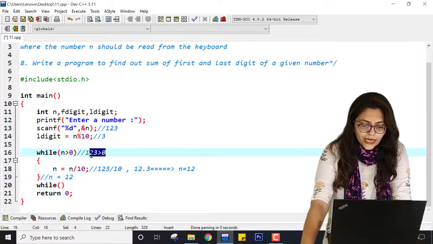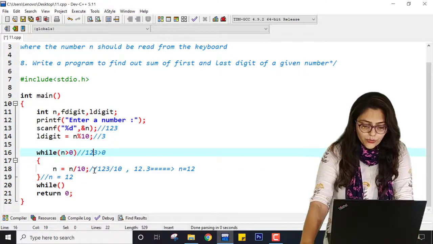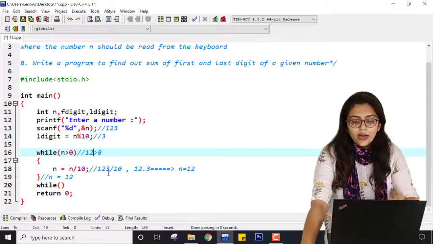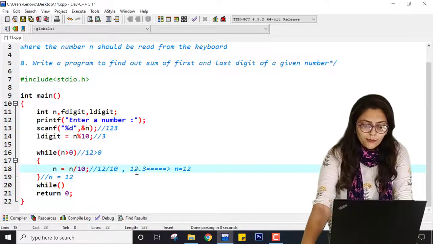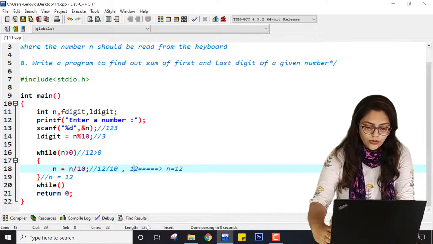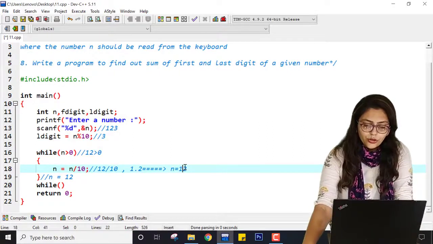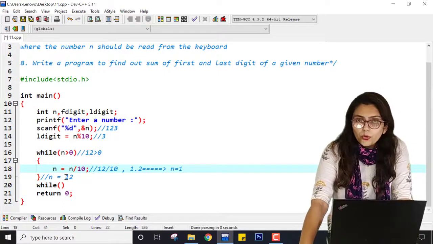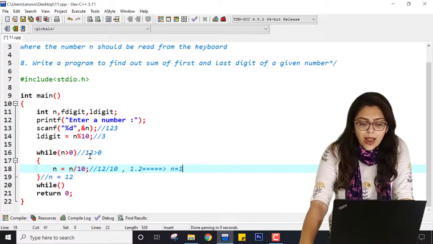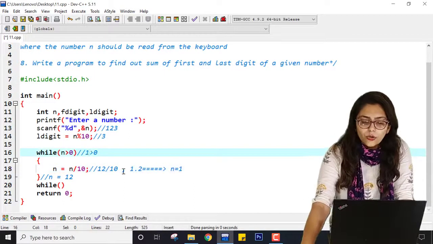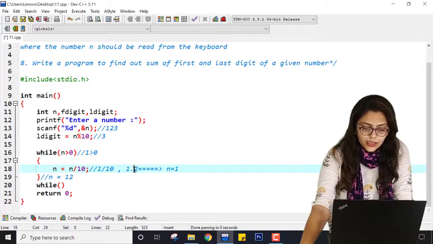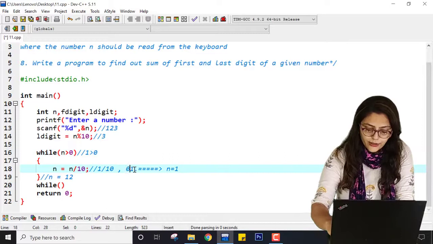Now it will check again whether this 12 is greater than 0. Yes, it is greater than 0. So 12 divided by 10, that is 1.2, so the updated value will be 1. Now I don't want to go further, but this iteration will still happen because 1 is greater than 0, and it will become 1 divided by 10, that is 0.1.